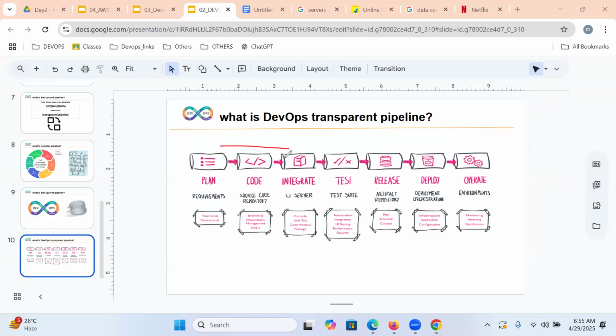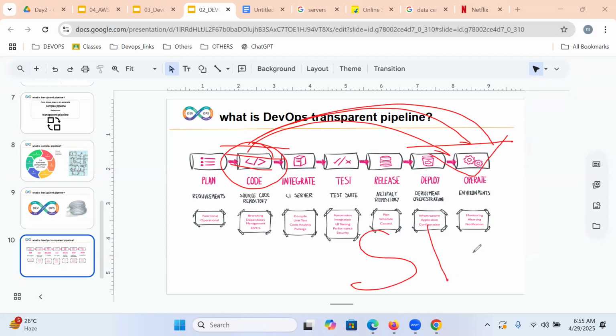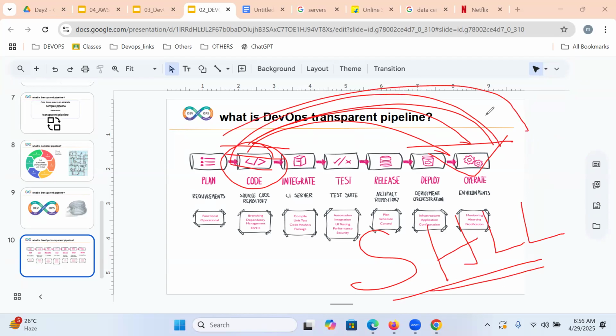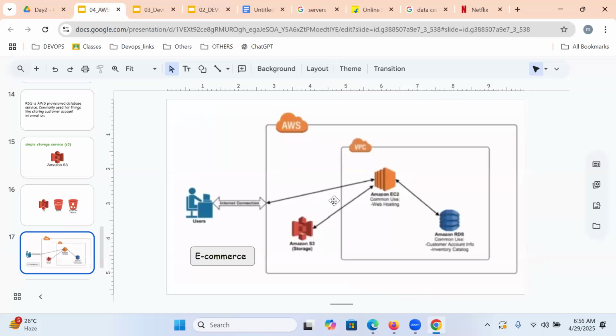Whatever lines of code are written by the developer, making a working software, we're going to be delivering into the production environment within the shortest time, with high quality and low cost, is nothing but the DevOps process. While deploying our application on the production environment, what kind of infrastructure we require, we can get it from the cloud, which cloud?